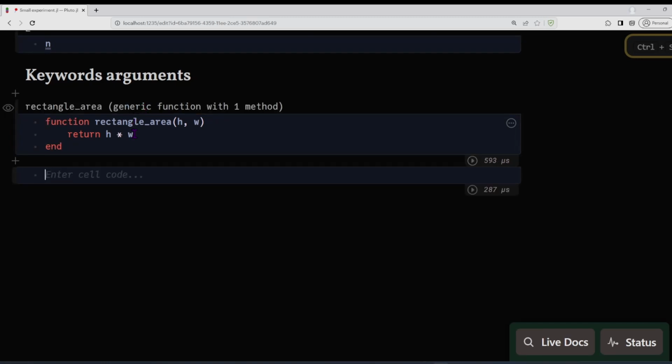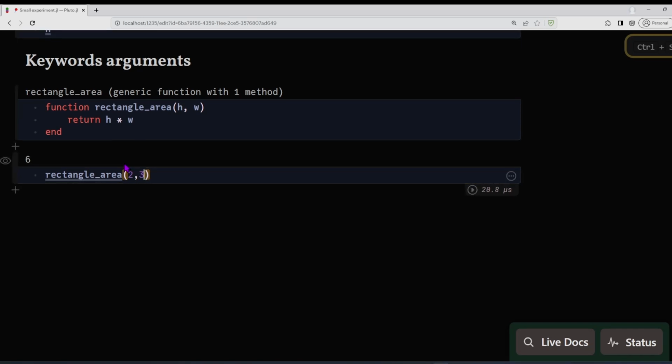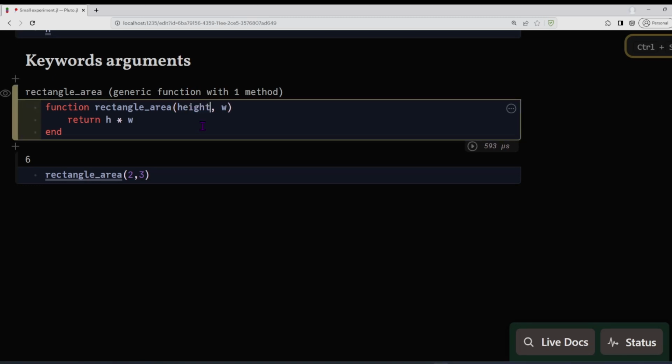If we call the rectangle area function, we know this, but how should we understand what is h and what is w? Here we are not referencing anything. Even if I change this to height and this to width,